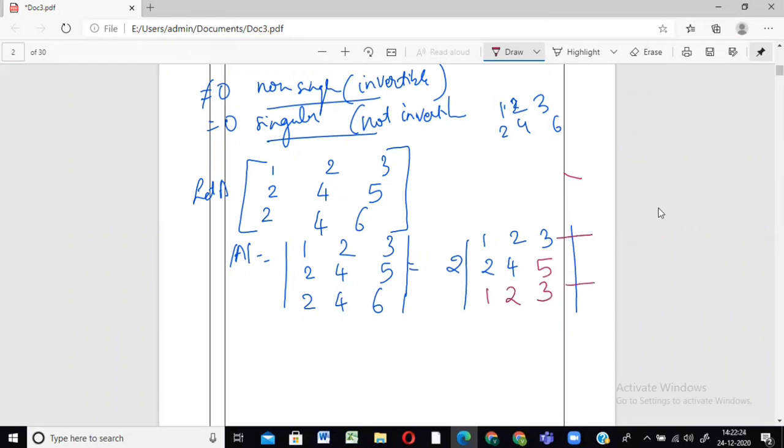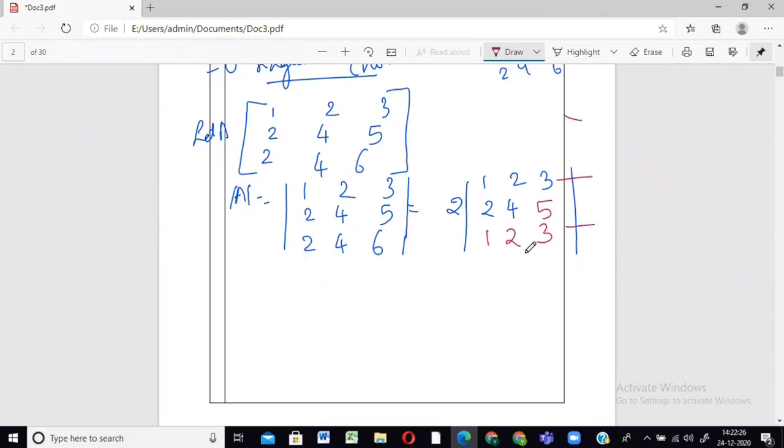So now we have a property of determinant which says अगर दो rows या दो columns same to same रहता है, then the value of the determinant is always equal to 0. That's nothing but when some ith row is equal to some jth row, या फिर some ith column is equal to some jth column, मतलब कोई भी दो rows equal हो या कोई भी दो columns equal हो, उस time पे the value of the determinant is always equal to 0. So determinant of A will be equal to 2 times the value of this determinant, which is entirely equal to 0. So it is nothing but 0.